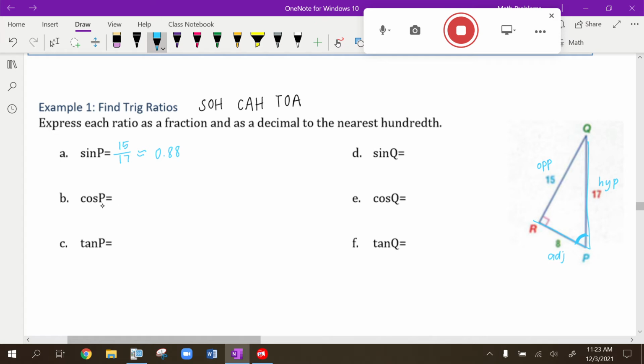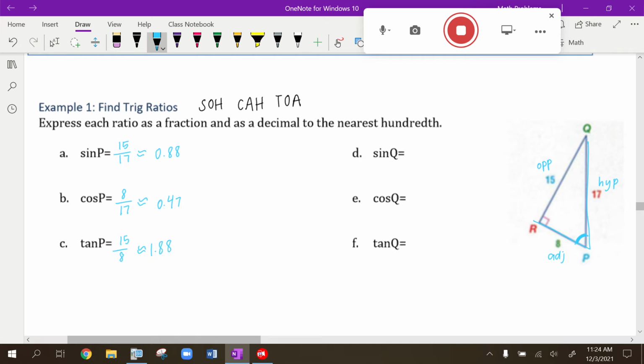Next, I have cosine of P. I know cosine is the adjacent over the hypotenuse. So it would be 8 over 17. That doesn't reduce, but I can plug it into my calculator to change it to a decimal and round it to the nearest hundredth. Finally, for tangent of P, I know it's the opposite over the adjacent. So I know it would be 15 over 8, and I could plug it into my calculator and get 1.88